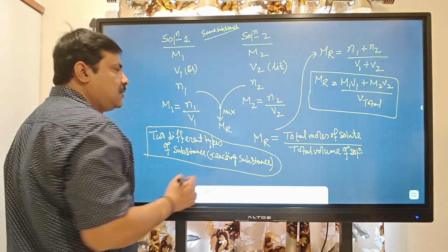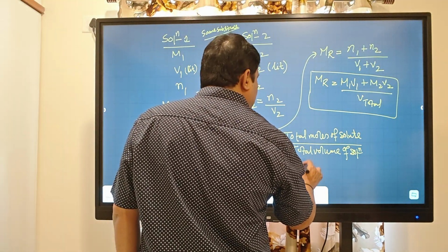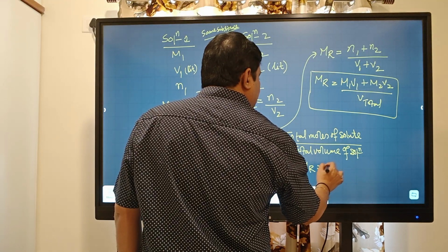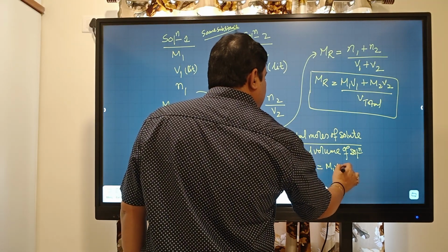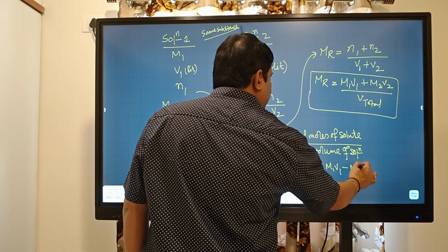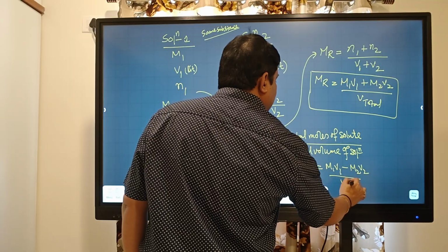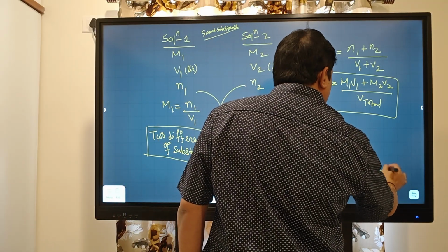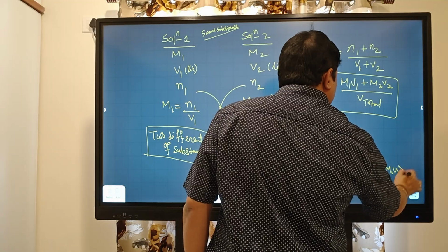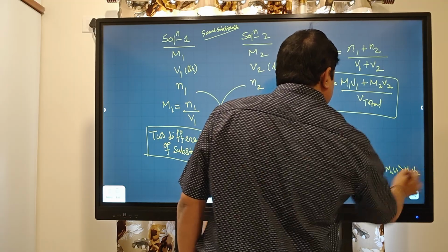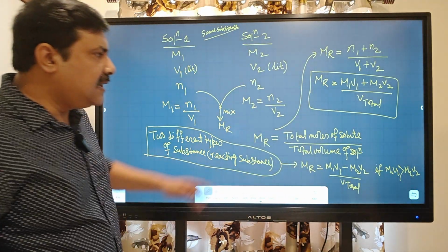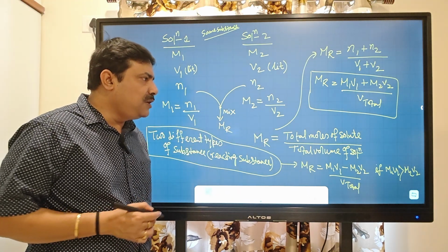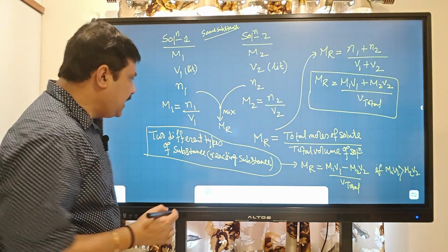That type of scenario, then that type of resultant molarity discussions. MR will be equal to (M1 V1 + M2 V2) by V total. Condition: if M1 V1 is greater than M2 V2, what molarity, what volume they will give, directly if you multiply it, that will give you M1 V1. And then another also